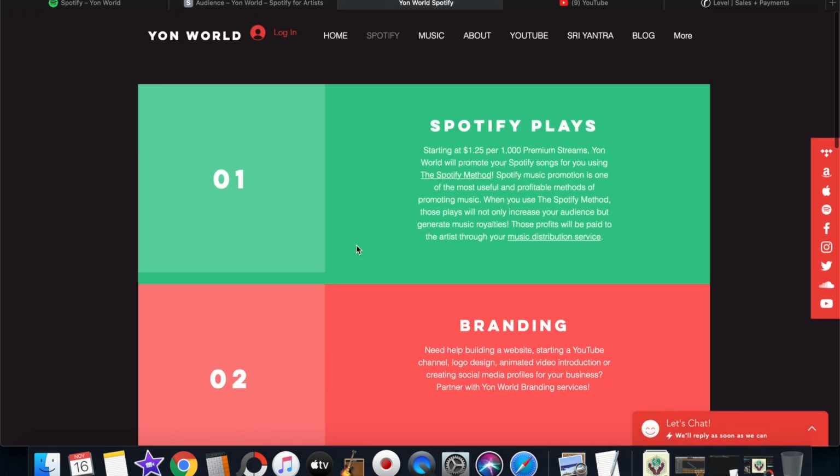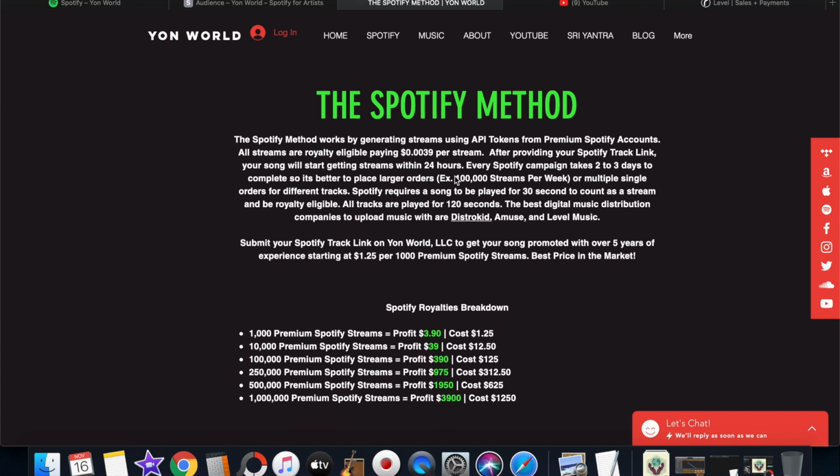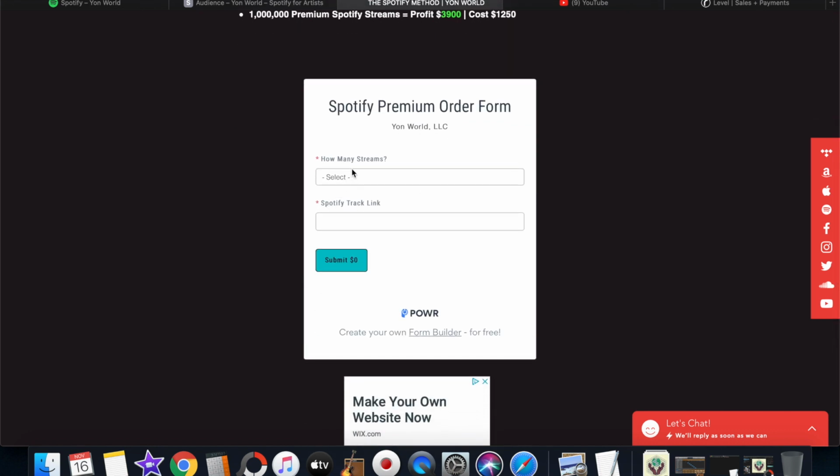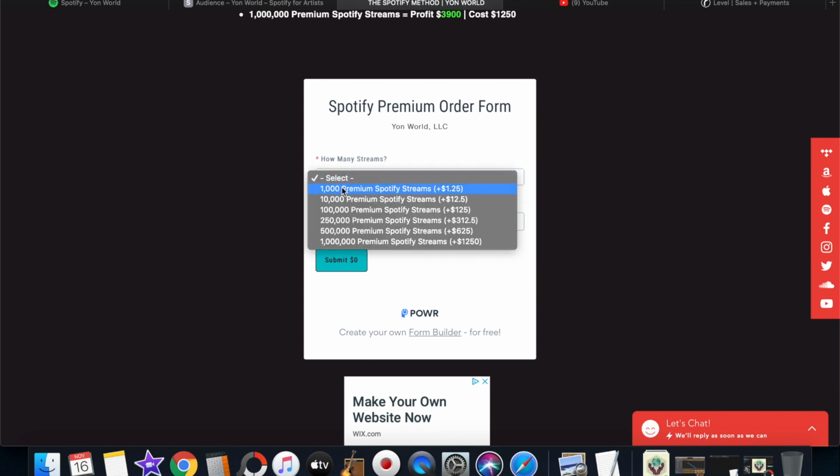What I want to show you right here with the Spotify streams is that I have another page that you can go to. If you click on the Spotify method, this is a full breakdown of how the Spotify method works. If you scroll down here, I have a different order form, which you can select if you want 1,000 streams, 10,000 streams, 100,000 streams, 250,000 streams, 500,000 streams, or 1 million streams. I have it all